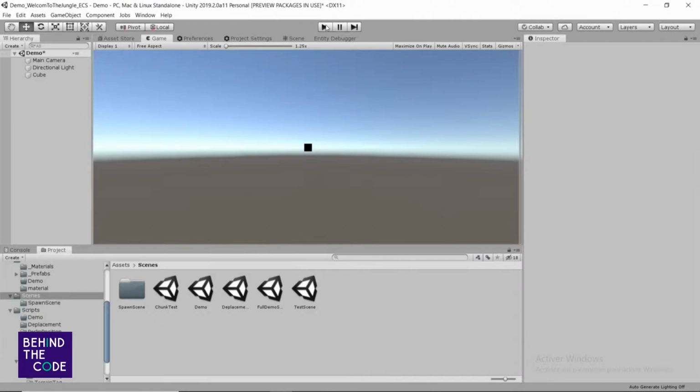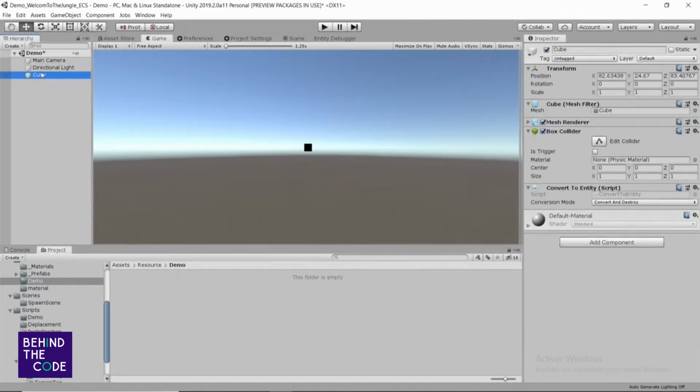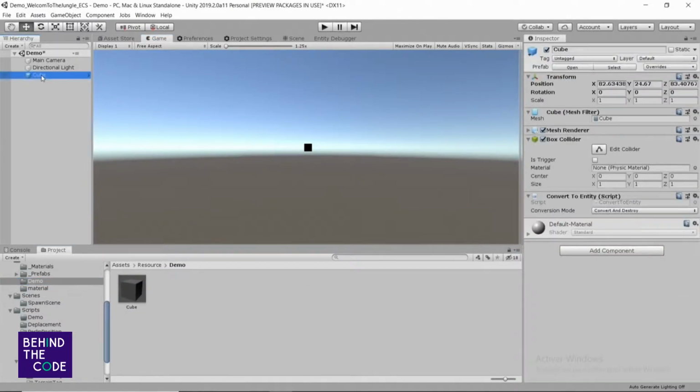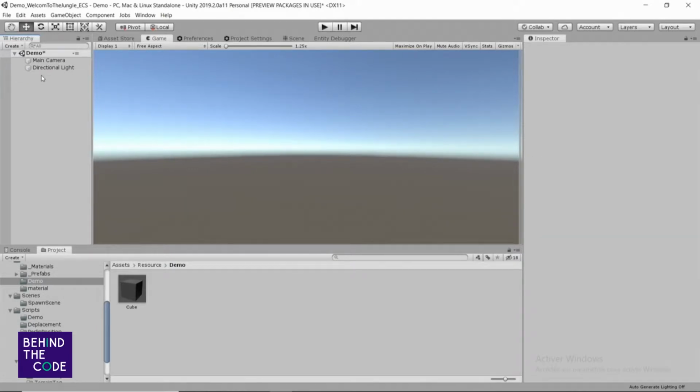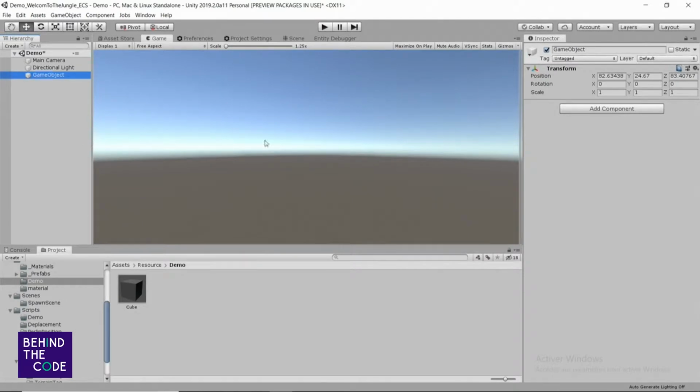But now what I want is to dynamically spawn my entity. How can I do that? First, I will save my little game object into a prefab, and delete it. Sorry, and I create an empty game object and convert it to an entity.